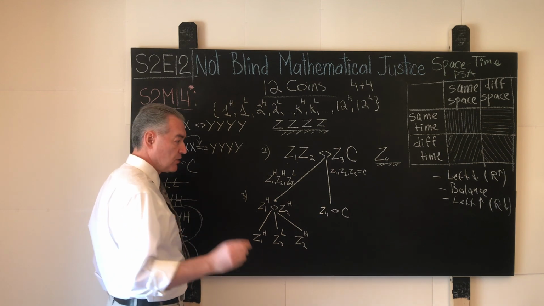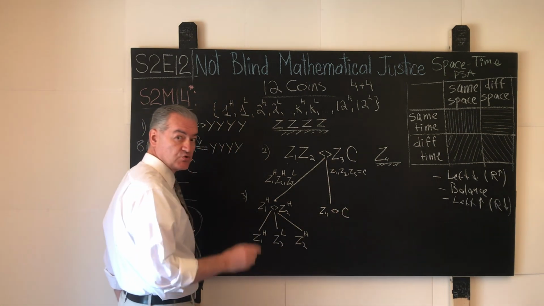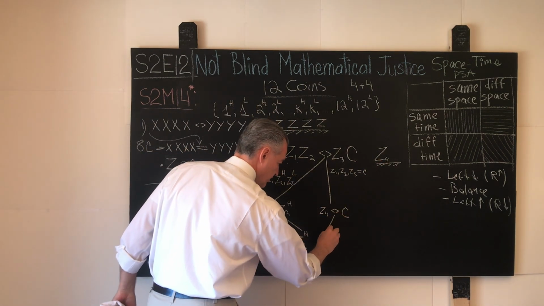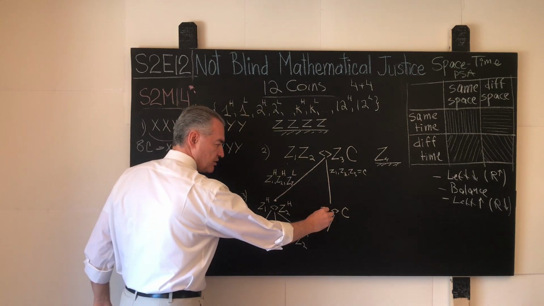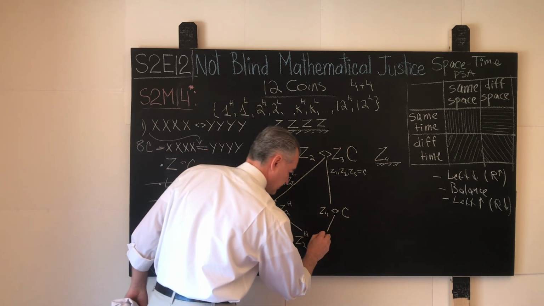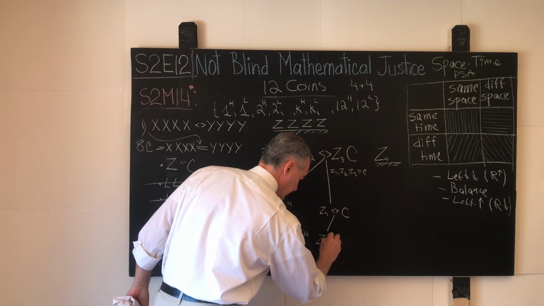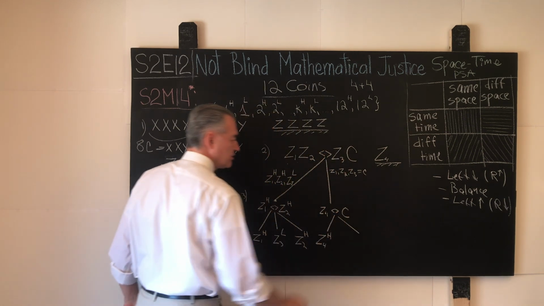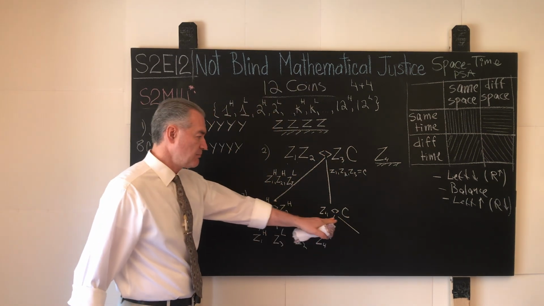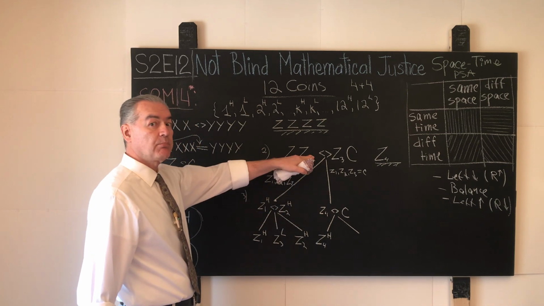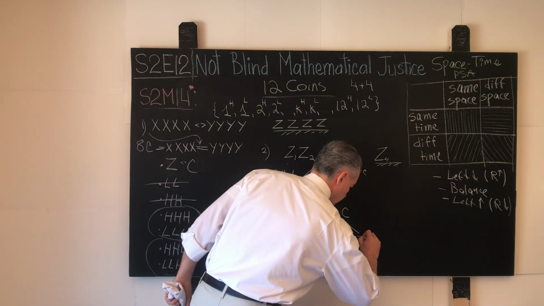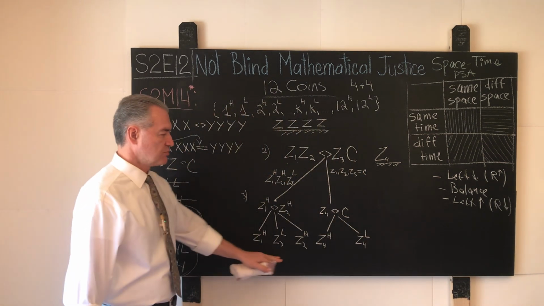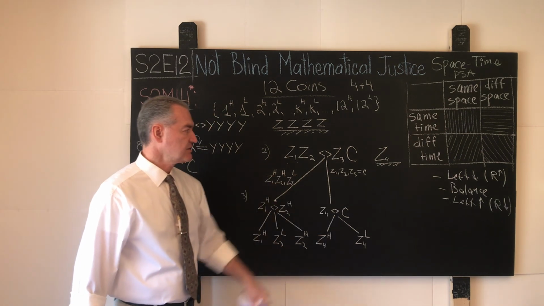The balance outcome in this case is not possible because we know with absolute certainty that Z4 is the fake coin. So either the pan that contains the coin Z4 goes down, in which case the coin named Z4 is fake and it is heavy, or the pan that contains the control coin goes down, which means that the pan that contains the Z4 coin goes up, and that means that the coin named Z4 is fake and it is light. Problem solved again. Let us analyze the final case.